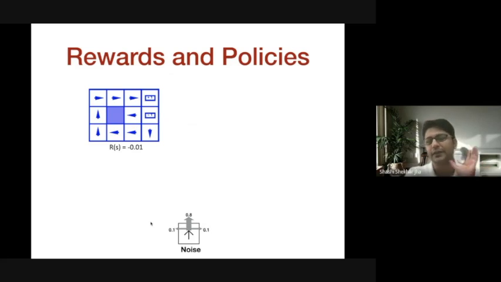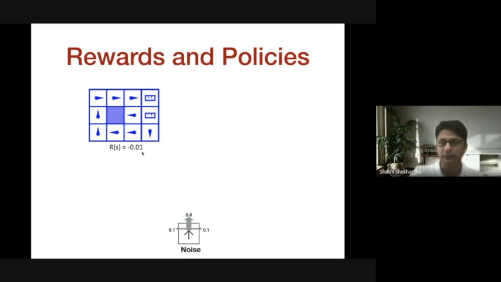In this slide, I'm going to describe an environment, which is simply a 4x3 grid environment. In this grid environment, there is one block cell which the agent cannot enter. And there are two exit states: the +1 state, where the agent exits the system with +1 reward, and a -1 state, where the agent exits this whole grid with a -1 reward. Then there is something called a living reward, or the reward inside other grid cells, written here as -0.01. So whenever any action gets executed in other cells, the agent gets a reward of -0.01.